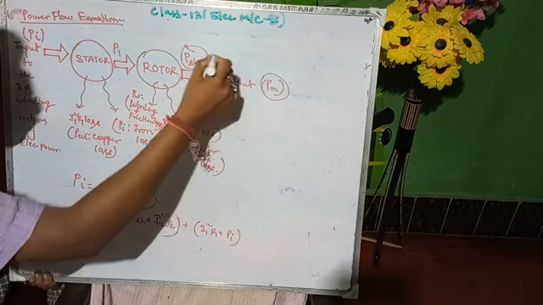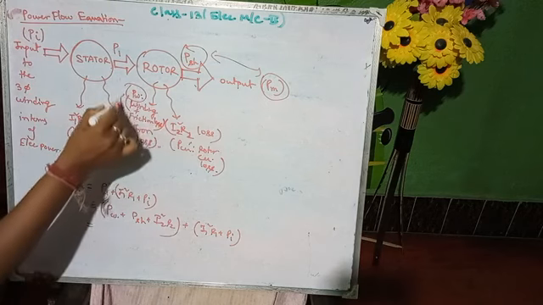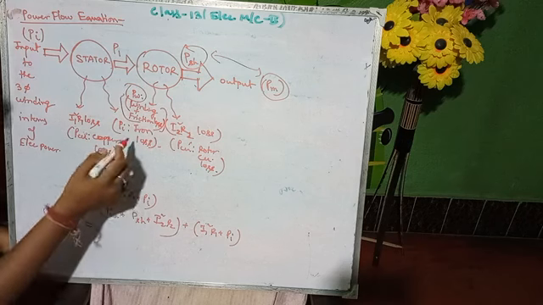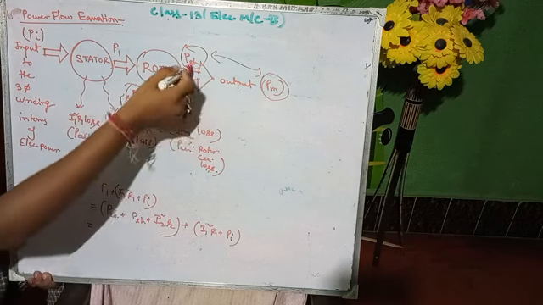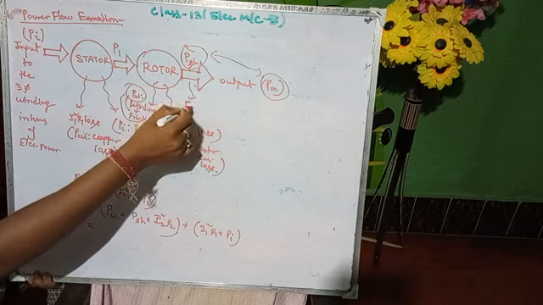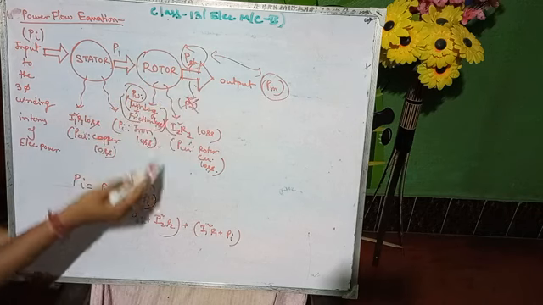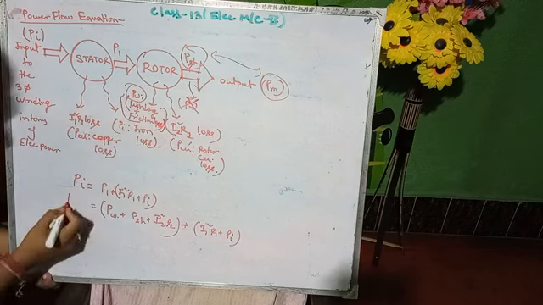Actually the mechanical output will equal the shaft output, as we are considering the winding loss from the rotor. Sometimes it is also considered from the shaft, so from the shaft you can also write PW. Once it is written in one place, there is no need to write it over here. So this is your formula.